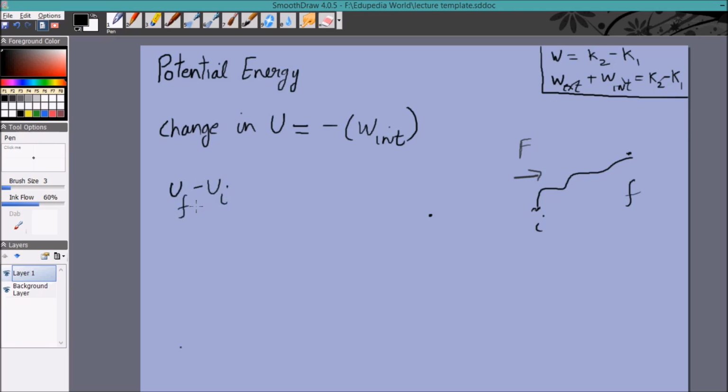By the way, just like kinetic energy is by virtue of motion, potential energy is by virtue of, or due to, configuration. Configuration is just a fancy word for saying position. So this is one configuration of the system, where this particle is at this point, this is at this point. This would be another configuration of the system, right? So two different configurations, two different potential energies. So U final minus U initial will be equal to the negative of the work done by the internal force